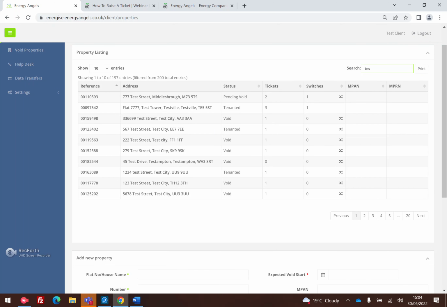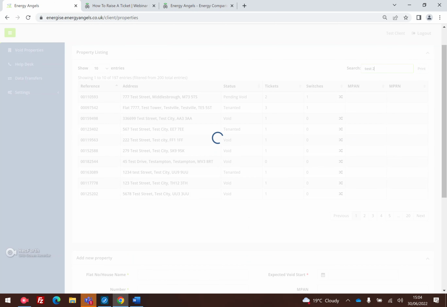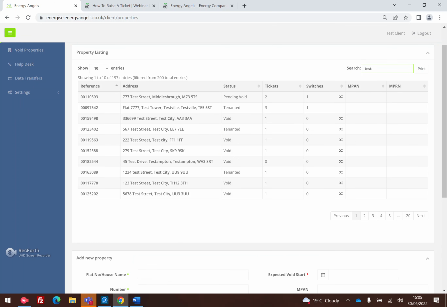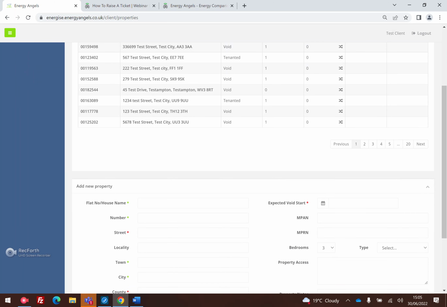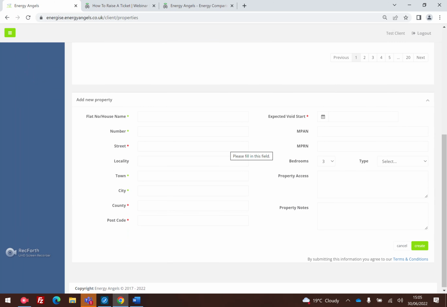And all you do is start typing the address, whatever it may be, and as you can see, as we type, it filters down how many records match what we're searching for. So it's always worth checking there first, and if there are no results at the address you've got, at that point you would then scroll down and update the portal with the exact details of the property. So if we start doing this now,